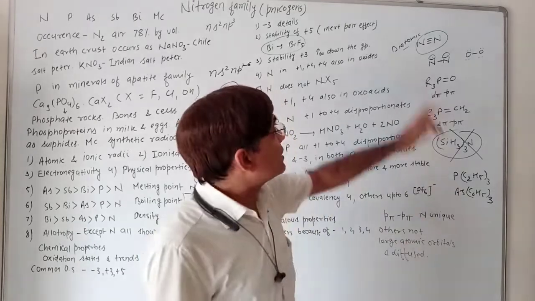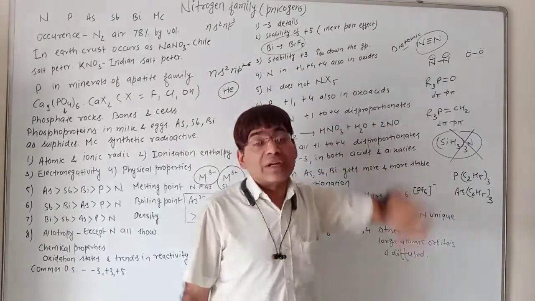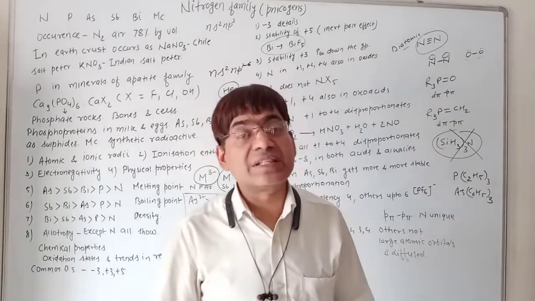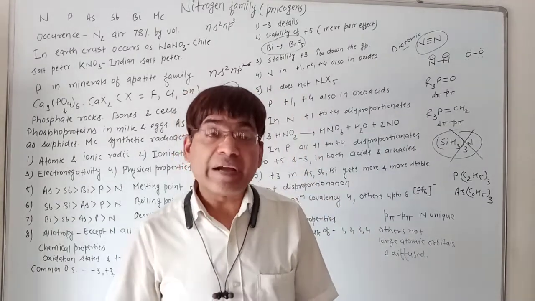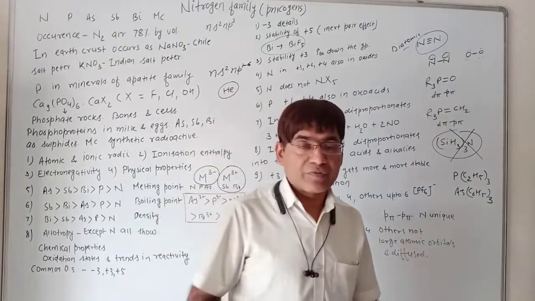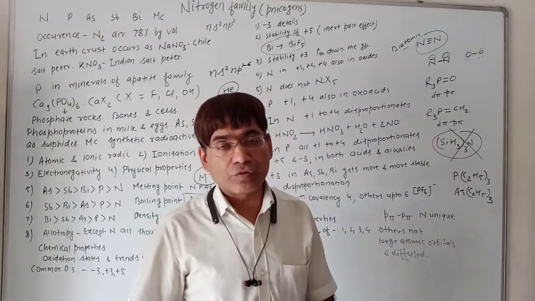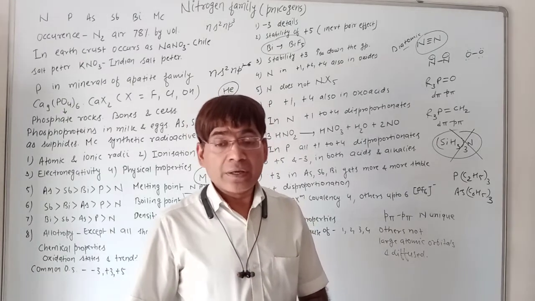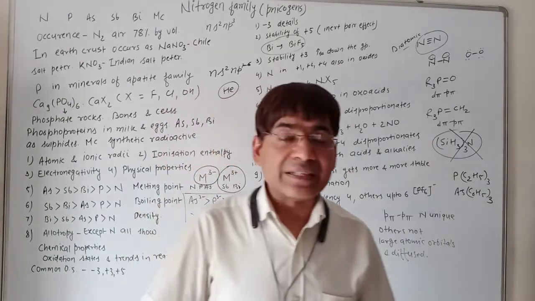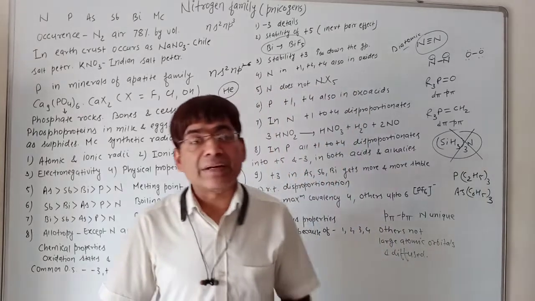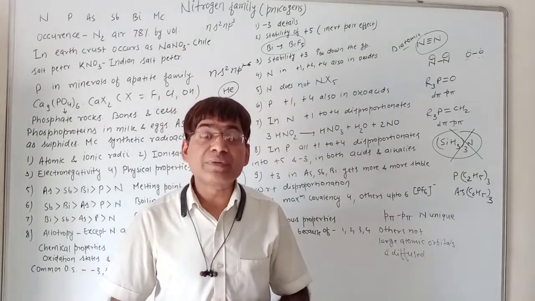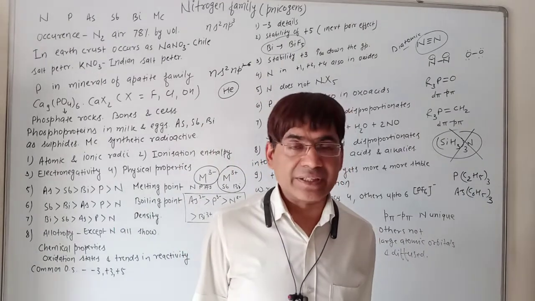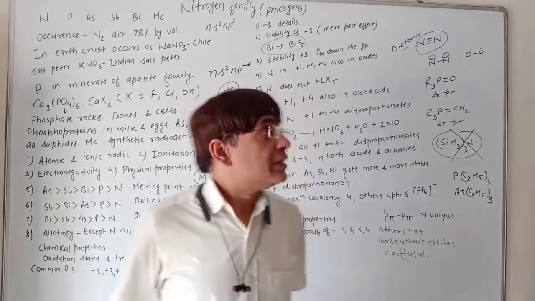Fine. So nitrogen exists in diatomic form, while the other elements exist in that polyatomic form by forming single bonds, because they cannot form pi bond with the same other atom. Phosphorus cannot form a pi bond with other phosphorus. Same is with arsenic and antimony. Fine. Bismuth in elemental state, what does it show? It shows metallic bonding. Clear? Now next is what?